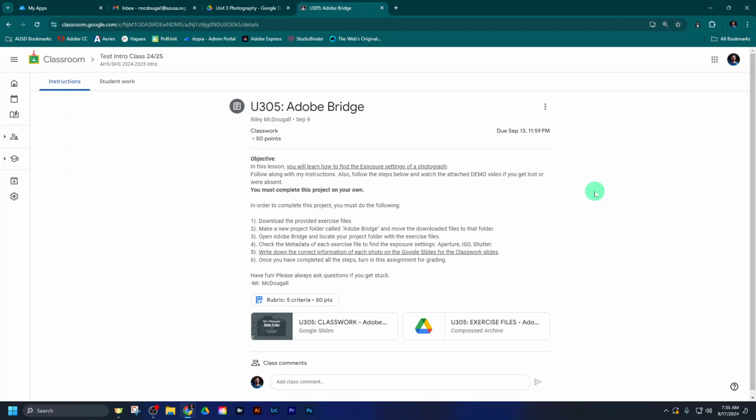We are continuing our unit on photography. We've discussed the exposure triangle, and now we're going to get started with one of our first Adobe program apps called Adobe Bridge. So this is a very simple assignment and I'll explain it as we go, but first let's